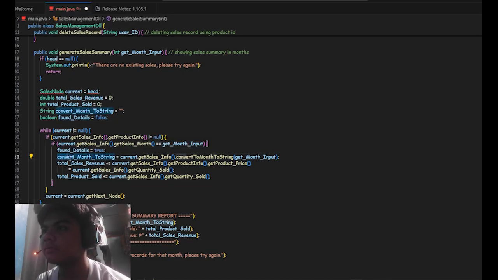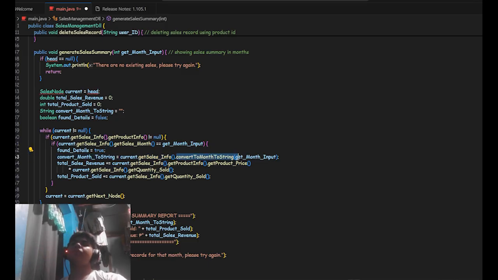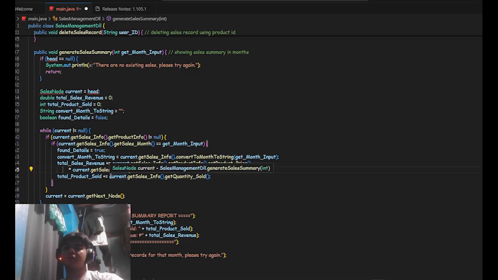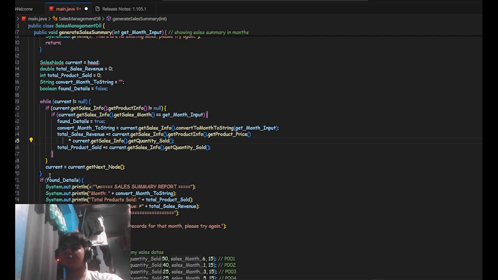Then the convert month to string is set from the sales info, and we will use the convert month to string function. The total sales revenue plus-equals the current sales info's product info, get product price, times the current get sales info, get quantity sold, and then the total product sold plus-equals current get sales info, get quantity sold. Then after that, we go to the next node.